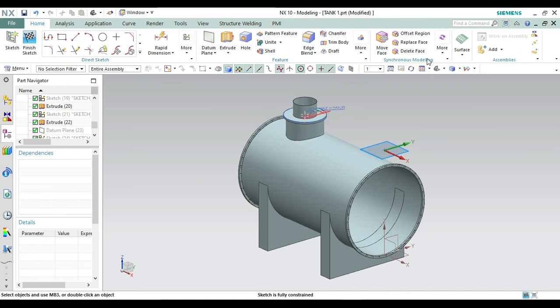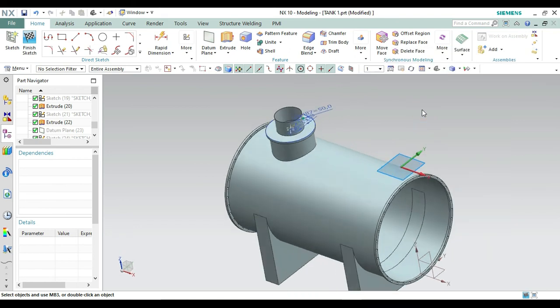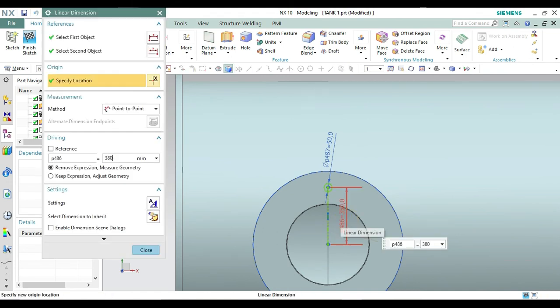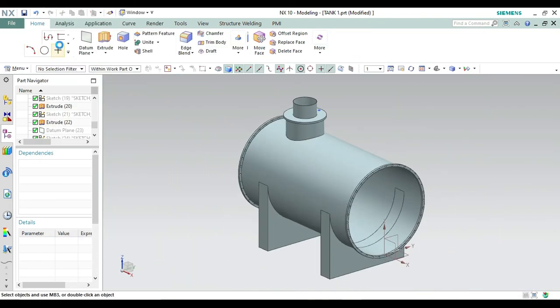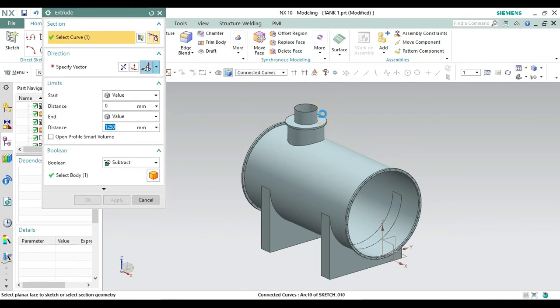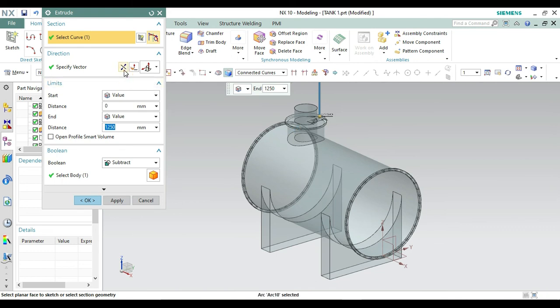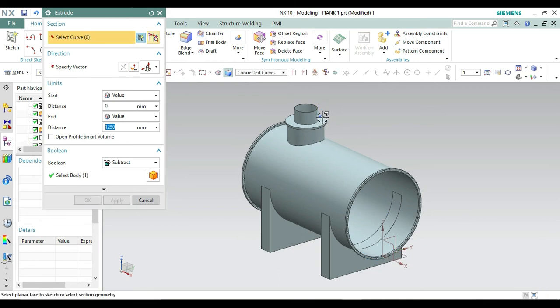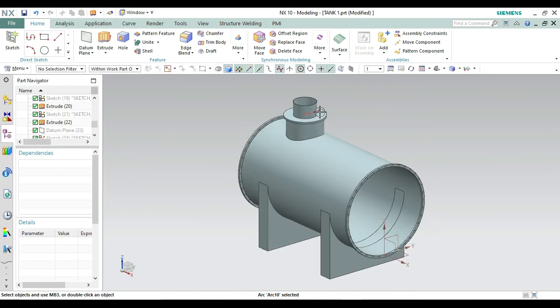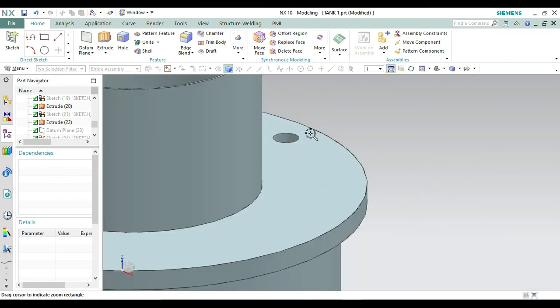So just a second, let's orient the view to sketch. If we need to change the direction, let's make it 380 and let's finish the sketch. And then again going on to the extrude command, we have to extrude this one, so select this connected curve, reverse the direction, make it apply. Okay, let's see if this will get hidden or not. No, from here let's hide it. Right click on this sketch and make it hide. See, if the circle has gone, we are not sure. Okay, it is the circle that has gone.